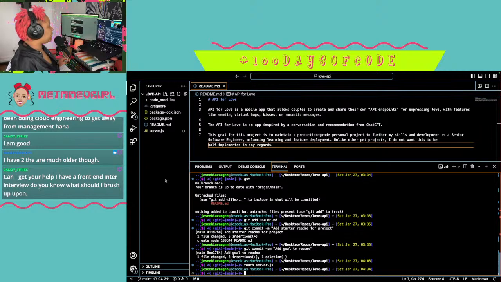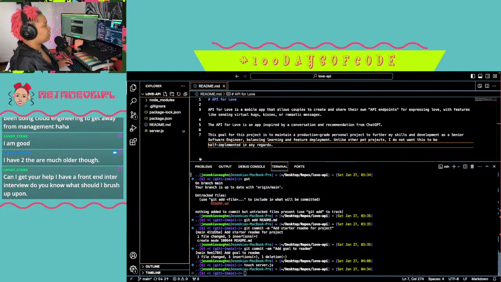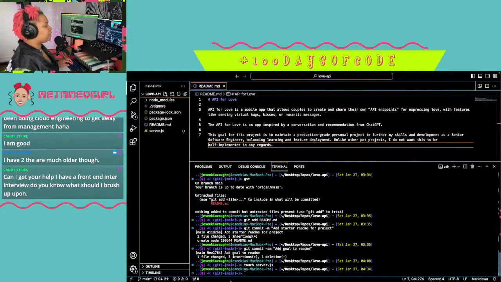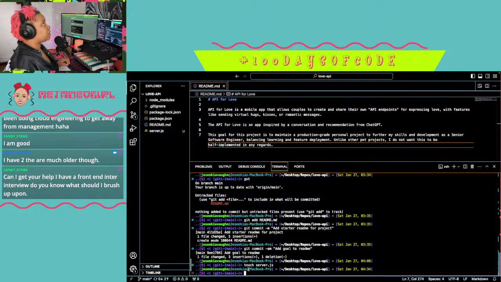Have a front end interview. What should you brush up on for front end? Are you familiar with any frameworks? The first things I think about with front end are being comfortable talking about CSS and being comfortable talking about React. Usually React is the front end framework that most people are using.